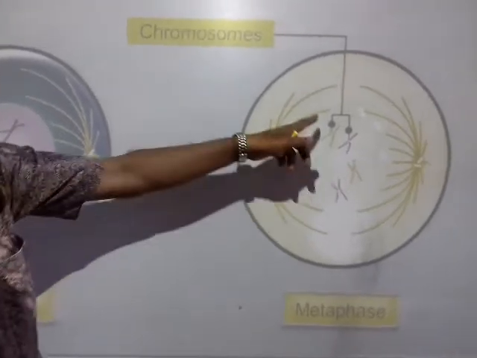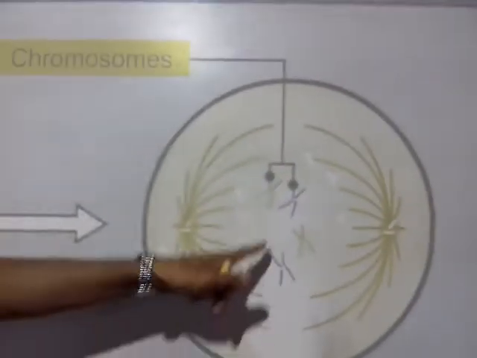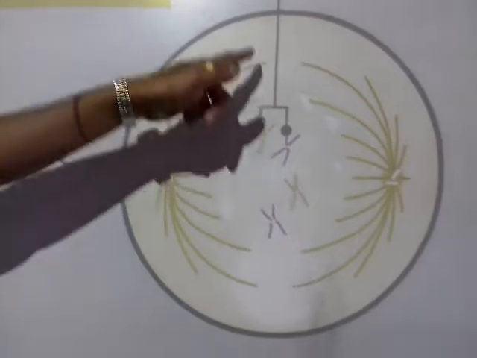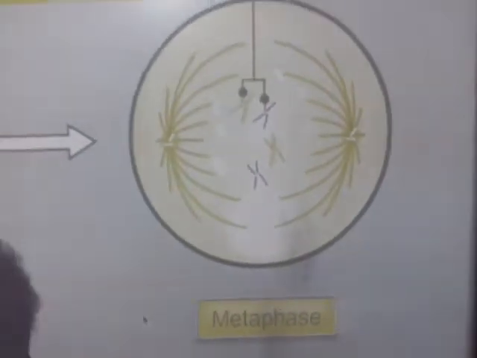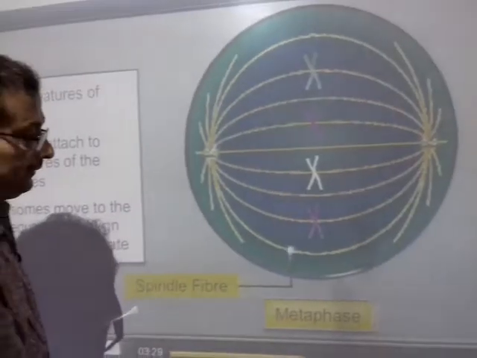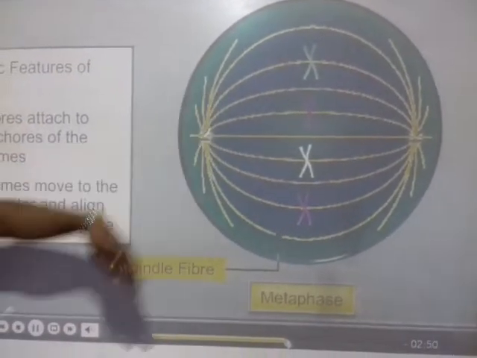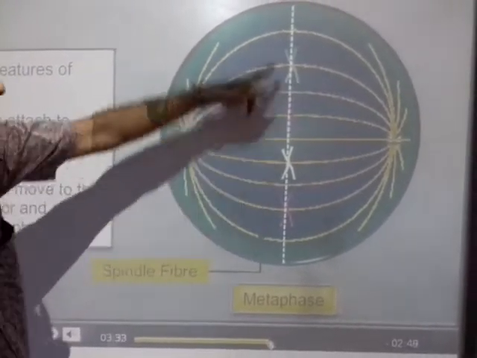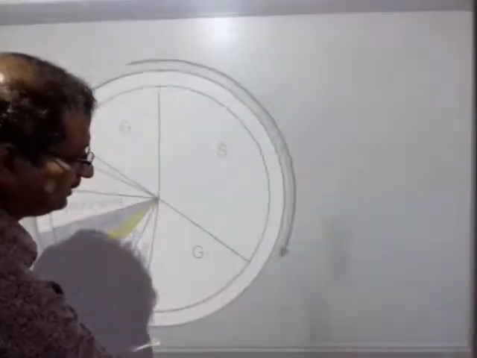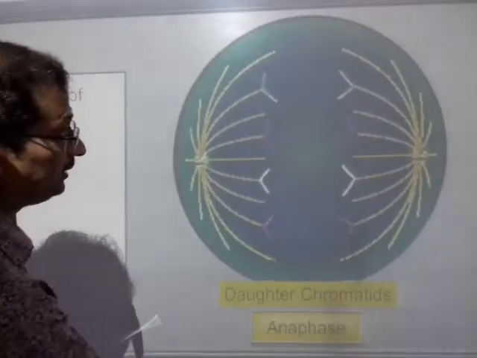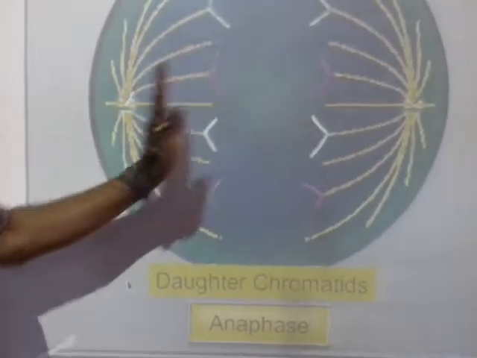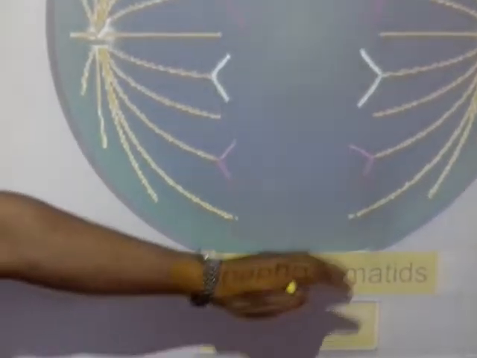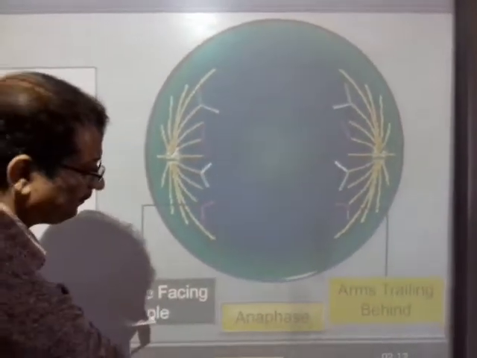Now this is the metaphase stage. You can see all the chromosomes are arranging themselves in the equatorial plane. Now the astral rays are pulling the chromosomes. You can see in the metaphase stage the spindle fiber has formed, all are in the equatorial plane. And next the anaphase will proceed. You can see in the anaphase, the chromosomes have separated and are moving apart, forming the daughter chromatids, and followed by